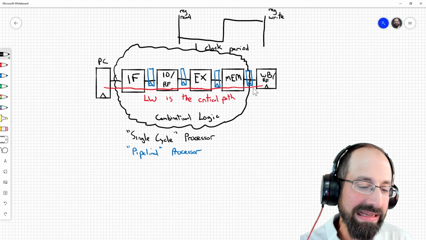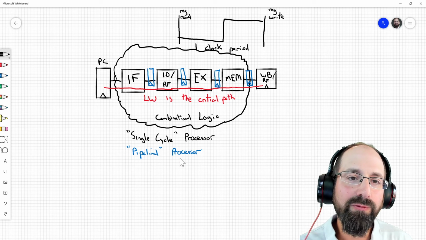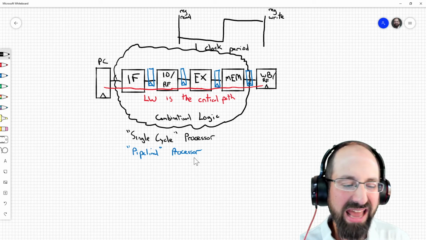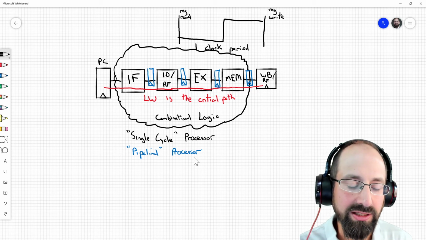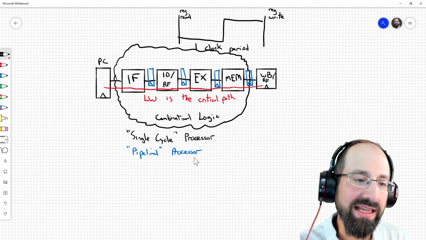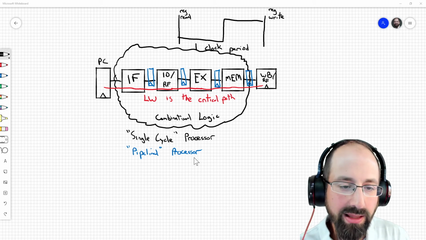Now it's going to be, instead of one relatively slow cycle, five relatively fast cycles for the execution of that instruction. And for the latency of that individual instruction, we have to do a little bit more analysis to say for certain one way is better than the other. But I went a little bit